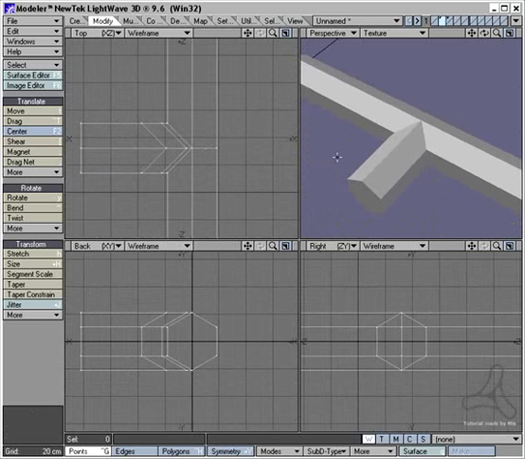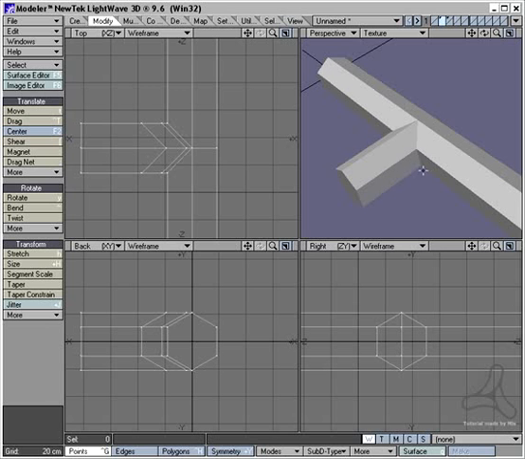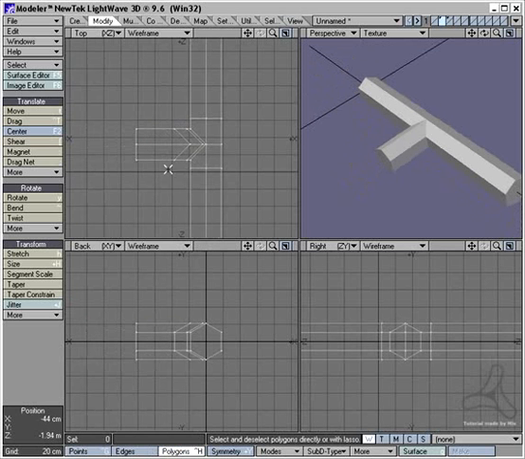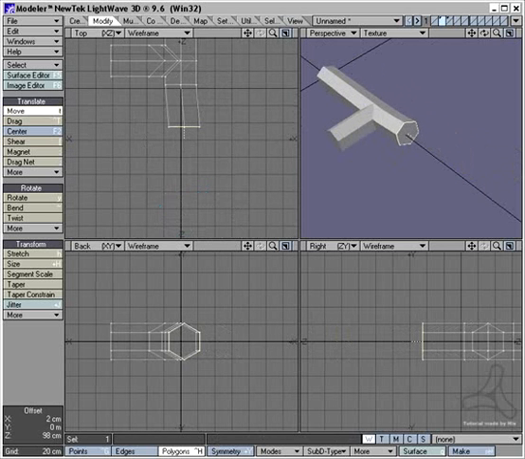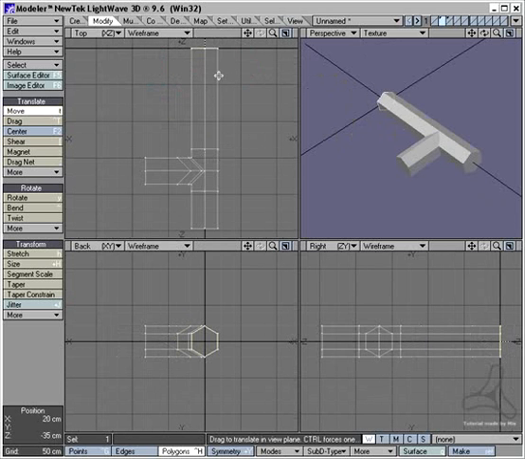Now it's a good idea while doing subpatches to cut some lines in the tubes to kinda control the bending area of the tube. So I'm gonna make a knife cut using Shift K. I'm gonna cut around here and around here. So now I can select the end tubes, like this, move this a little closer so you can see, and take this, move that a little closer so you can see, and then